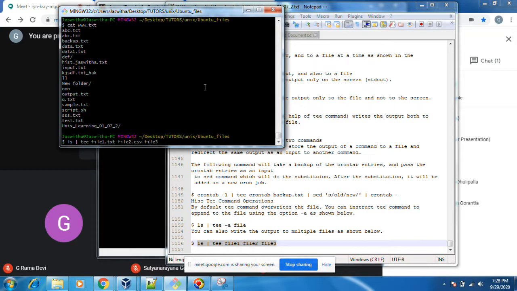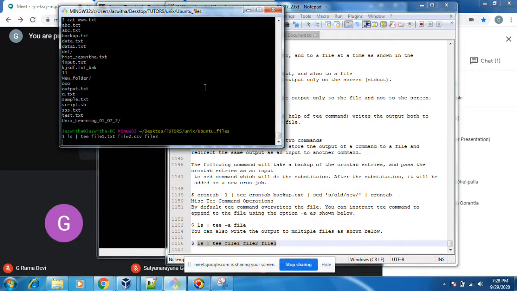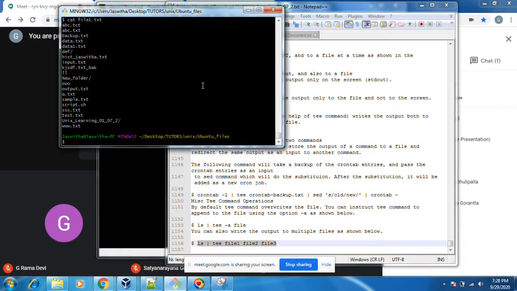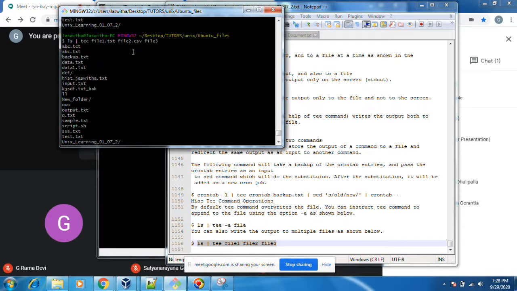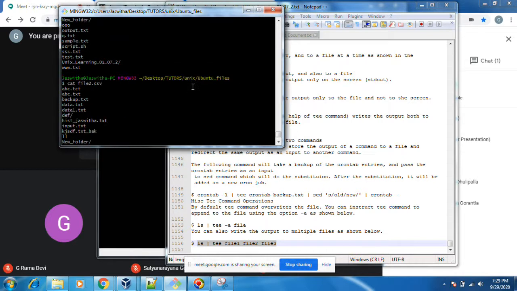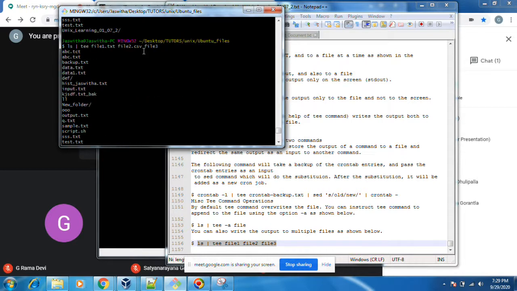Just multiple files. Okay, let's see. It will display here, and file1.txt is also there. You see file2.csv is there, and then file3.